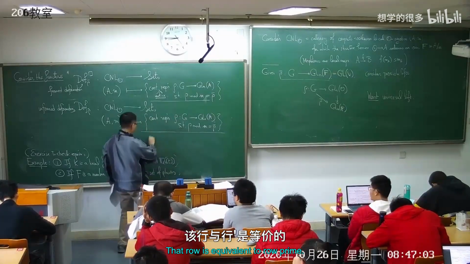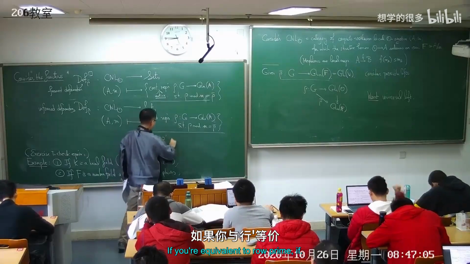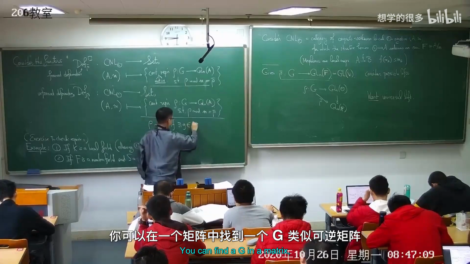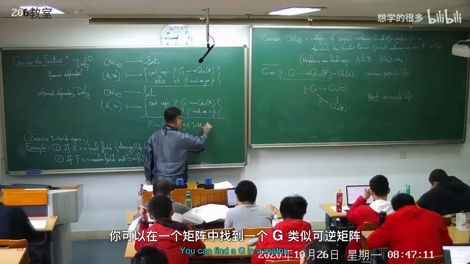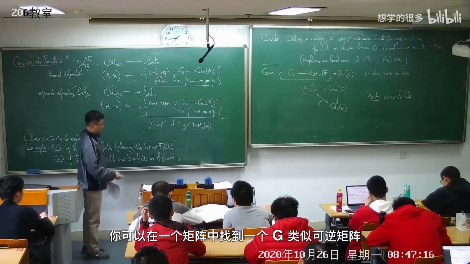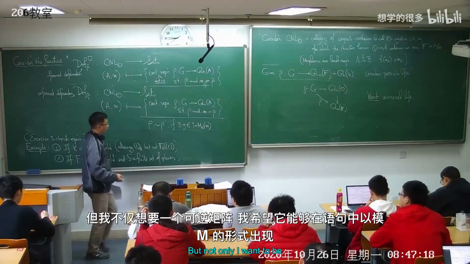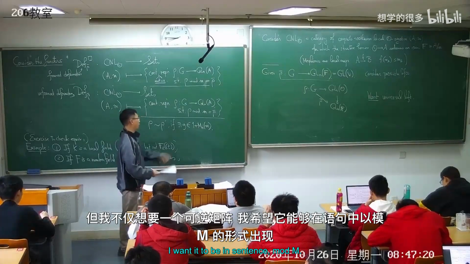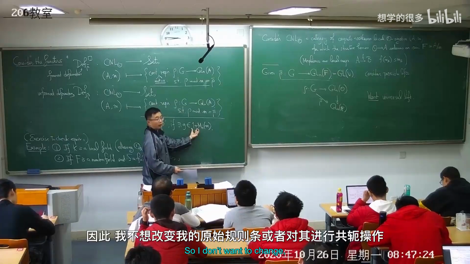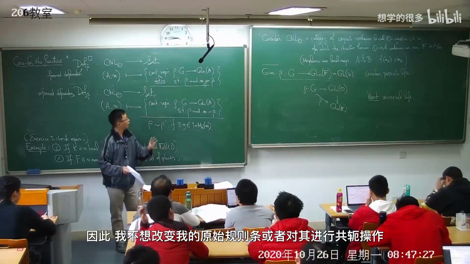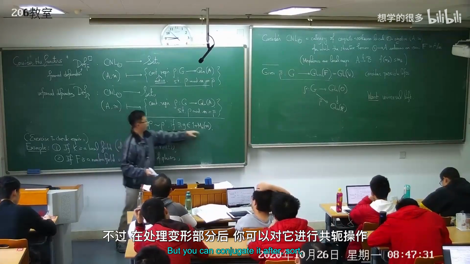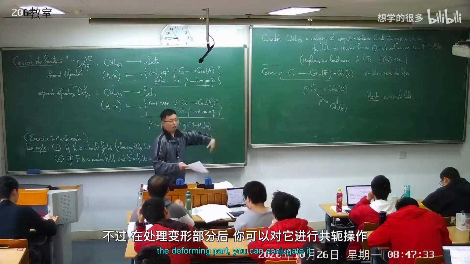That rho is equivalent to rho prime if you can find a G in the matrix, so an invertible matrix. But not only do I want it to be an invertible matrix, I want it to be, in some sense mod M, the identity matrix. So I don't want to conjugate my original rho bar, but you can conjugate it after the deforming part. You can conjugate